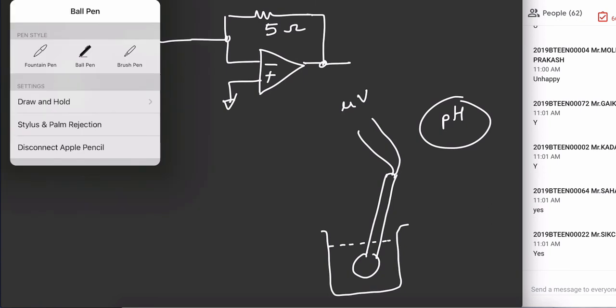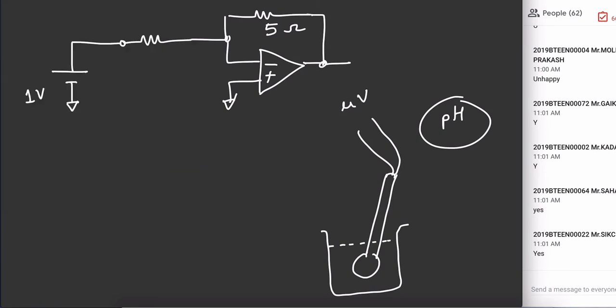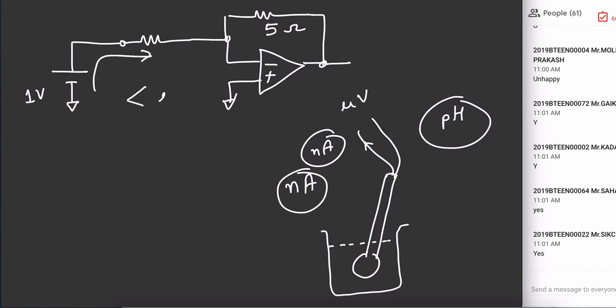but the sensor is so weak, weak in the sense in supplying the current. Physically it is strong, but the current that it can supply is of the order of nanoamperes only. In that case, we have to ensure that the current drawn is less than few nanoamperes, and accordingly we have to choose R1. Everybody understood this?